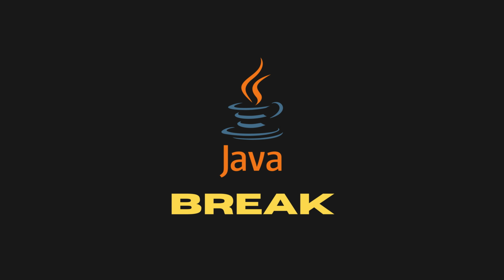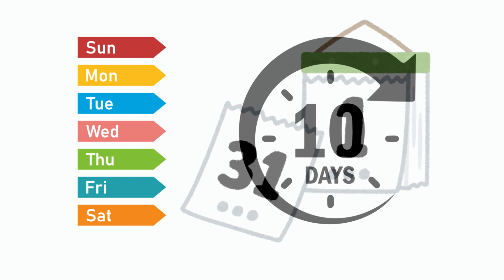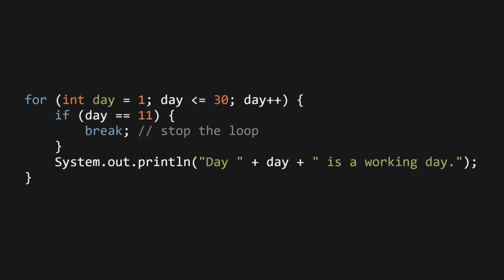So, what is break? Imagine you are counting the days of a month from 1 to 30, but you only want to check the first 10 days and then stop. Here's how we do it. for (int day = 1; day <= 30; day++) { if (day == 11) { break; // stop the loop } System.out.println(day + " day is a working day"); }